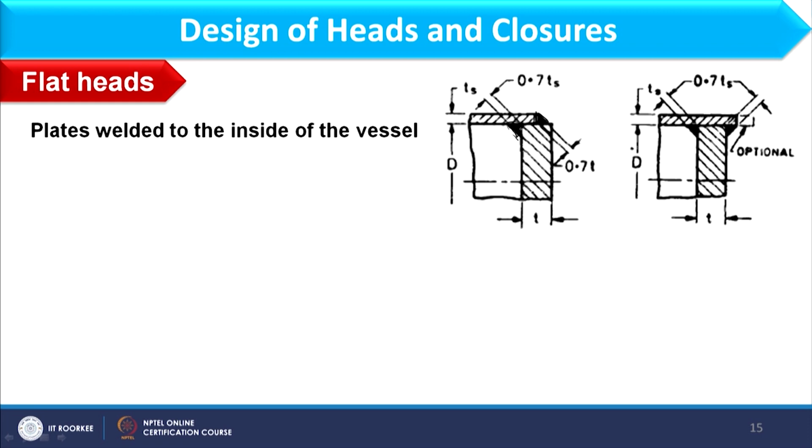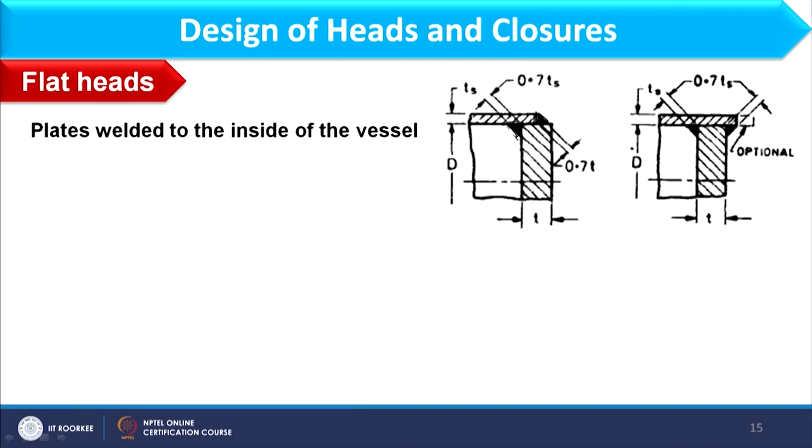Now, what we need to focus on is this section. Why is this section so black? This section is black because when we are welding it, the material through which it is welded, like iron, is filled inside the corner. When that filling is higher, we call that a fillet. So, this black spot in this diagram as well as in this diagram is nothing but the fillet. It has a particular thickness of 0.7 into Ts. If it is thicker, it will be called a fillet, otherwise it will simply look like a joint.